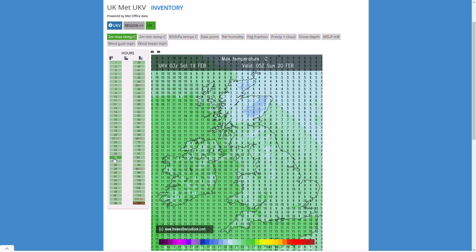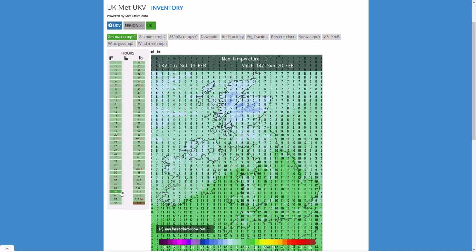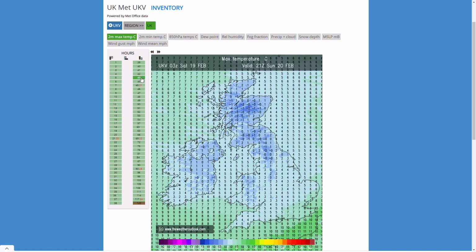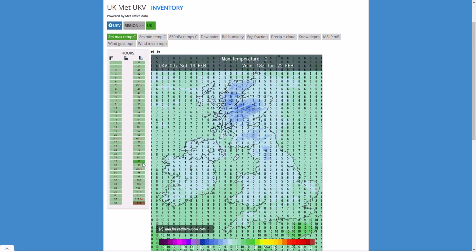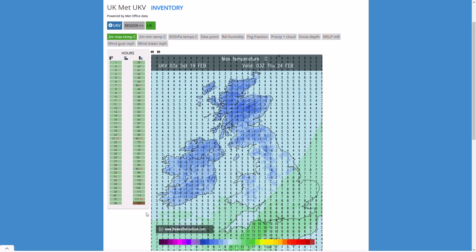And temperatures tomorrow are going to be generally quite mild, 11 degrees in the south, but much colder in the north. And that cold front does sweep through once again, and we see temperatures drop to around freezing by early hours of Monday. Before by Monday afternoon, temperatures returning to 9 or 10 degrees in the south. As I said, a lot of up and down. For we do just continually see flip-flopping temperatures, and when those cold fronts come through, especially looking like the end